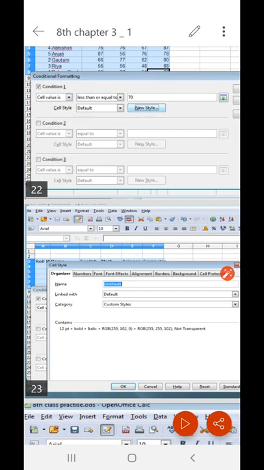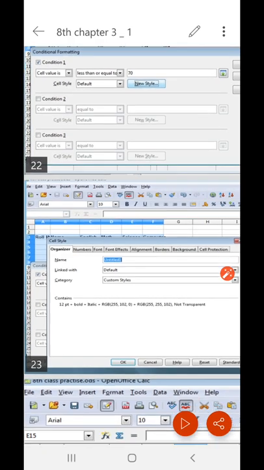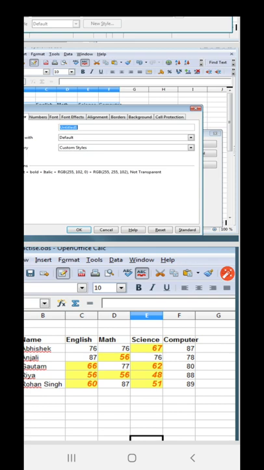Here I have mentioned the formatting which I have done is given to only those values that are less than or equal to 70. You can see here the values which are more than 70 have not been changed, but the values which are less than 70 have been changed.